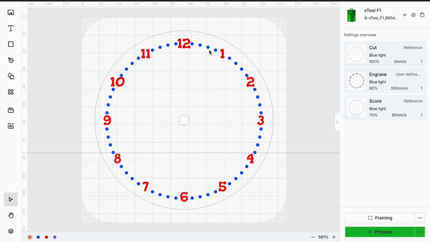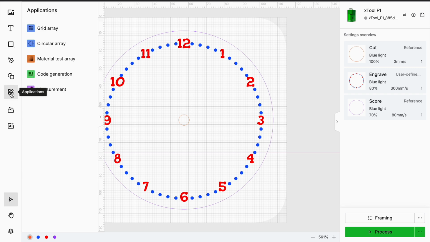But what I am going to do is order some hands that will fit it, because the clock mechanism that I've got and the hands that came with it are designed for quite a large wall clock, and this is going to be a dainty little thing. So to decide what size of hands I need to order,